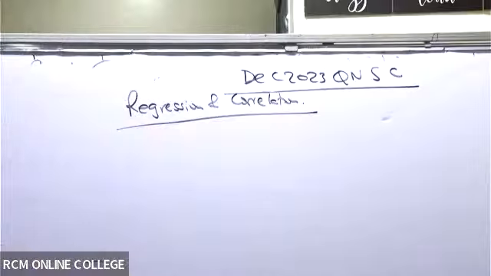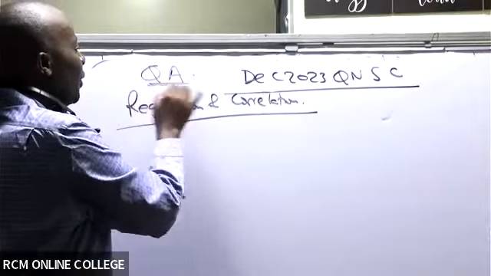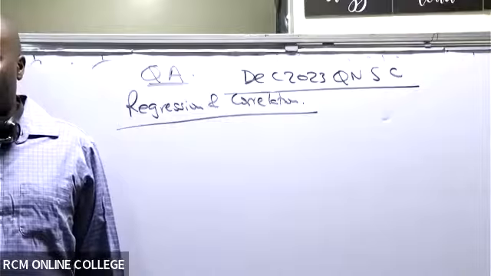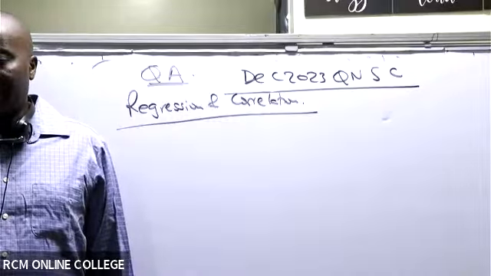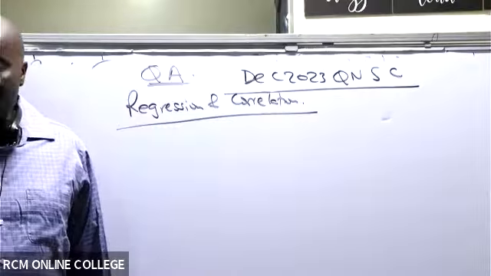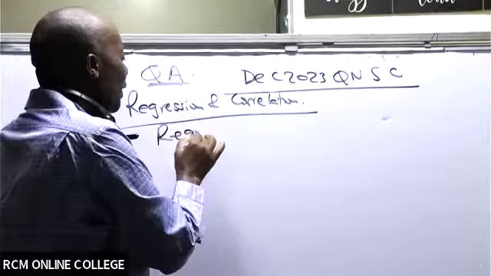Correlation in QA is topic number 4. Regression is topic number 5. Remember, the subject is quantitative analysis. All right, so if you allow me, I'll introduce regression first, where we mentioned that